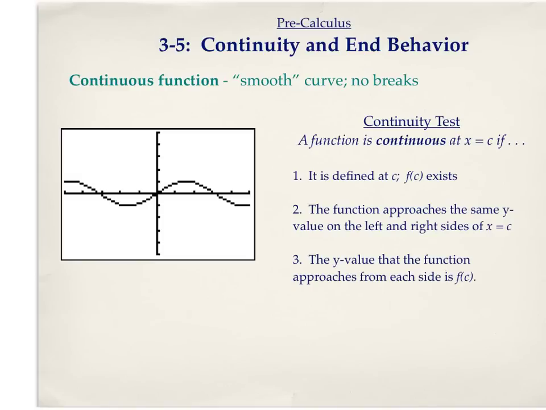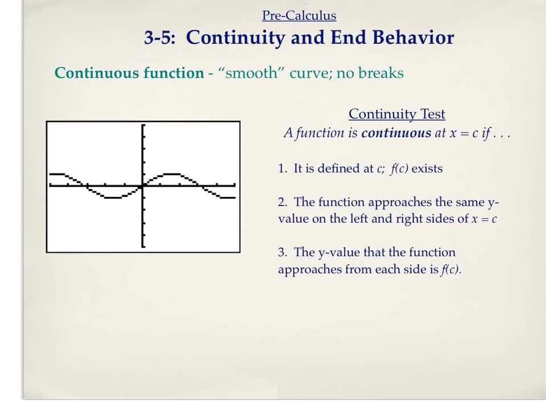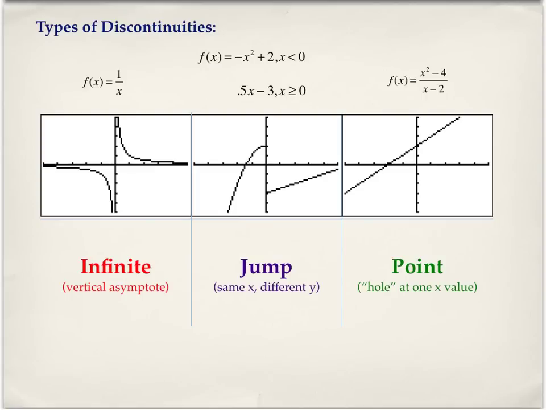Number 2, the function approaches the same y value on the left and right sides of x equals c. So for instance, if we look at our sine function here at 1, as it approaches from the left and from the right, the y values are the same. And number 3, the y value the function approaches from each side is the same as the actual definition up here. So that's the continuity test. Again, we won't worry about that too much because continuity is pretty